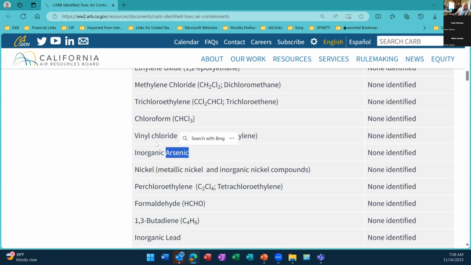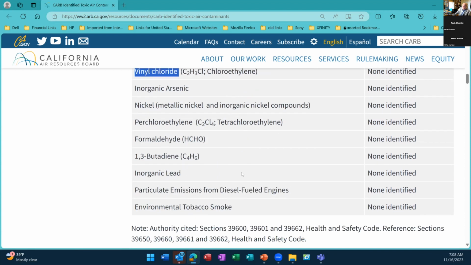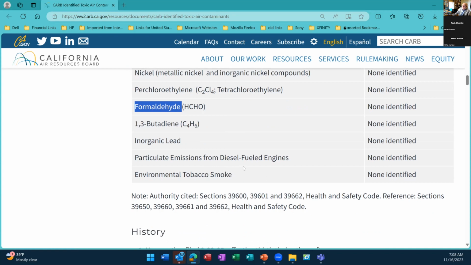Arsenic, of course, vinyl chloride, and other famous toxic pollutants. Formaldehyde, it is used on wood for preservation of wood, but of course then can be released from wood into an indoor environment. Lead, diesel,